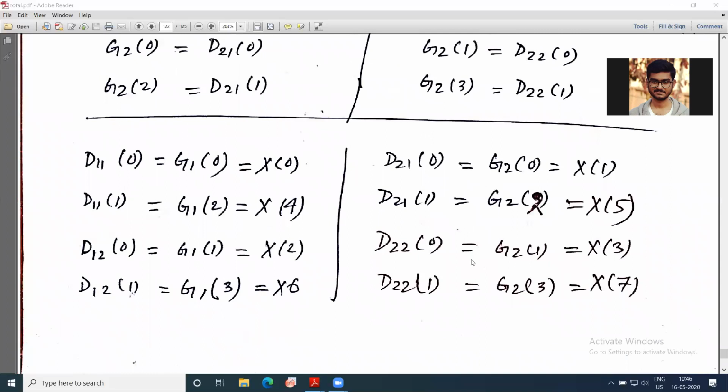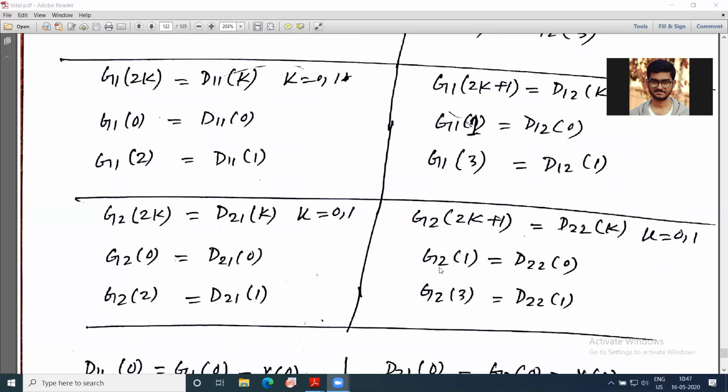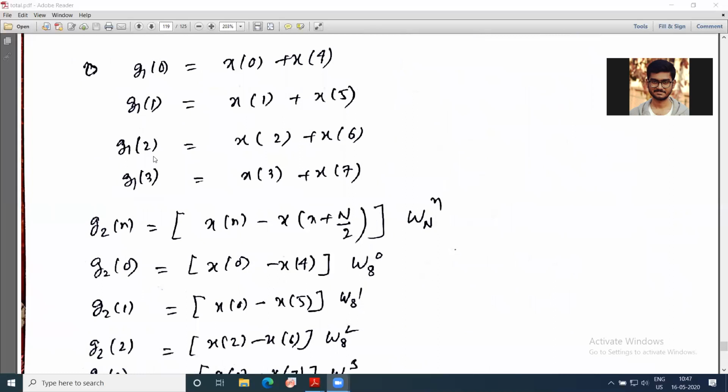Okay, so if we want to proceed further, if we have no doubt in the previous lecture, then we have to see where from shall I start to draw this butterfly diagram. Regarding that, what I am seeing here is that x of n will be given, which means x0, x4, x2, x5, these are known things. Once we know this x0, x4 and all this, then I can calculate G2 as well as G1. So first of all, to draw the butterfly diagram, what I require is